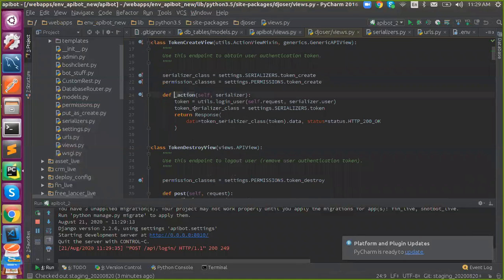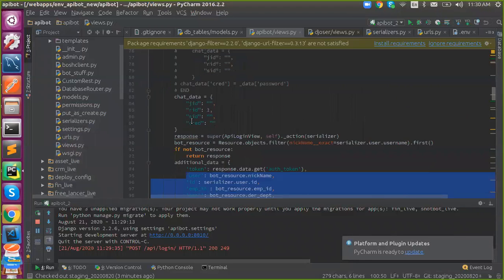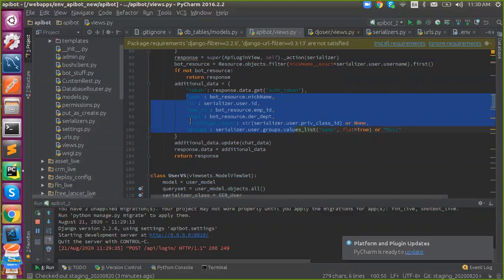Otherwise, if you don't want to use super, you need to copy this and paste it here. It will be a repeated task, as I showed you in the last class. If you keep on copy pasting and you have any changes, you need to replace them in all of your occurrences. It is unwanted. That's why we are using inheritance. Understand?